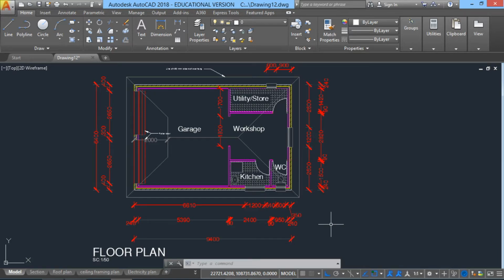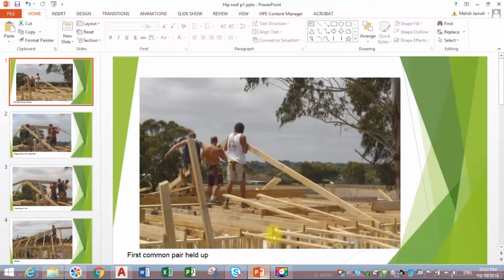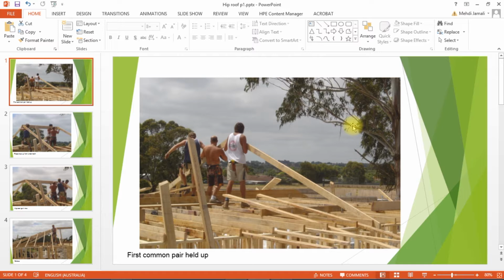Before I start to talk about roof framing plan, I would like to show you guys a very quick steps of how a hip roof is going to be built. When we know how to build something, then it would be much easier to draw that